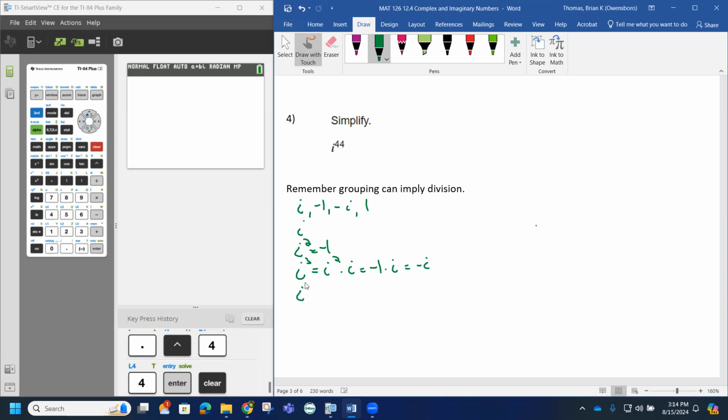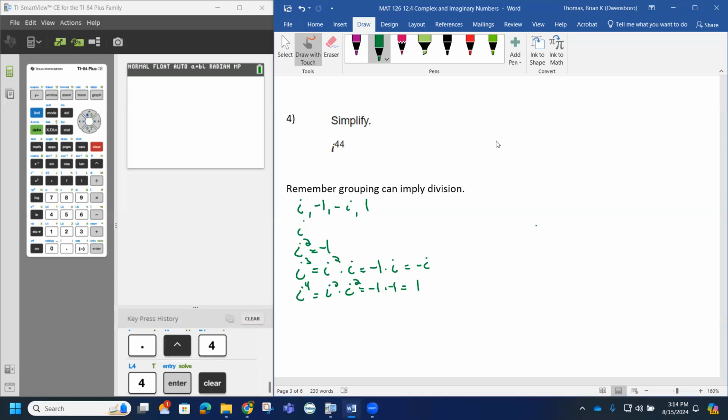And then i to the 4th is really i squared times i squared, which means -1 times -1, which equals a +1. So what we learned is it's just going to cycle around. We're going to have i, -1, -i, 1, and it's just going to keep doing that pattern. So one of the things we can do is use this i to the 4th as a strategy. So what we're going to try to figure out is how many i to the 4th can we get into